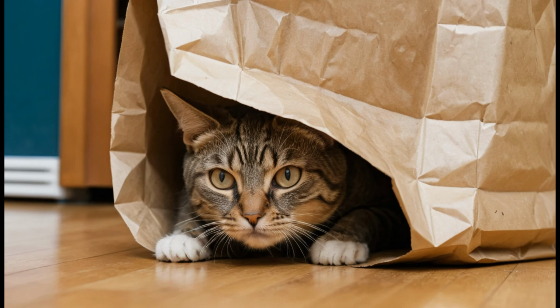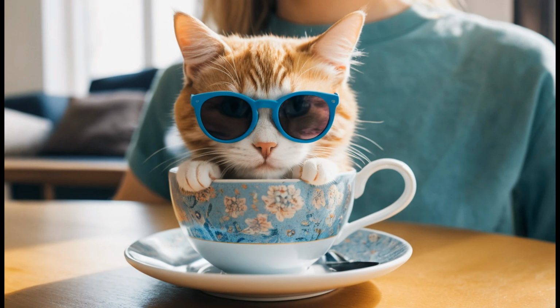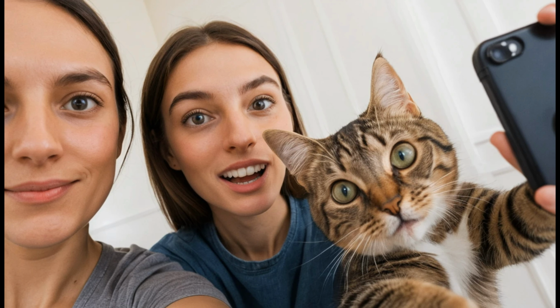This behavior may also be linked to the cat's need for personal space and control over its environment. Rubbing against furniture allows the cat to assert ownership of the area, which can create a sense of calm and stability. Once the cat has confirmed its territory, it may feel more at ease and ready to interact with